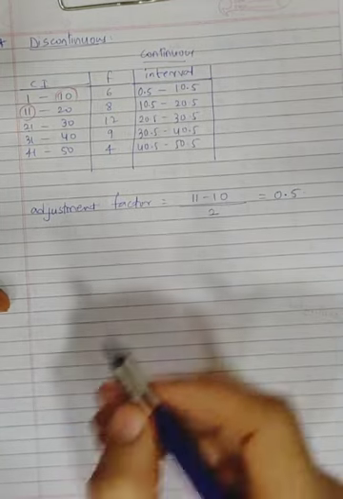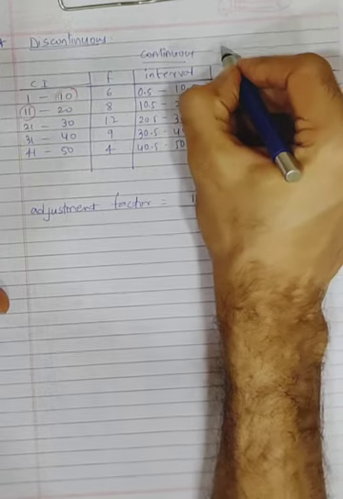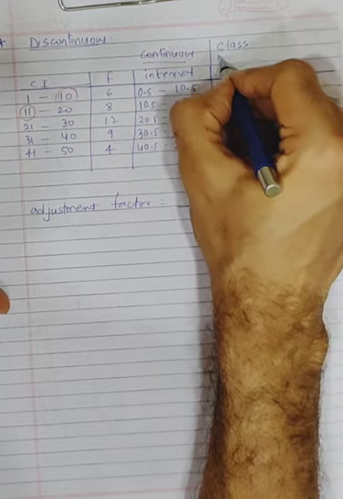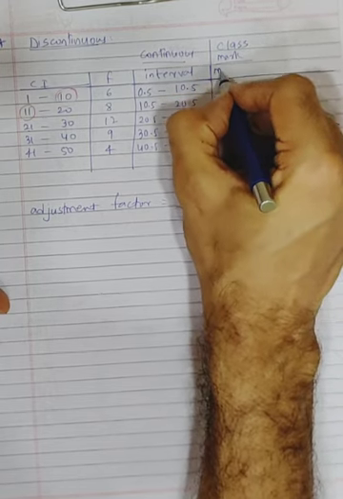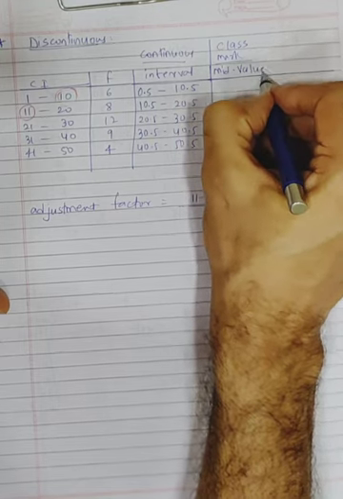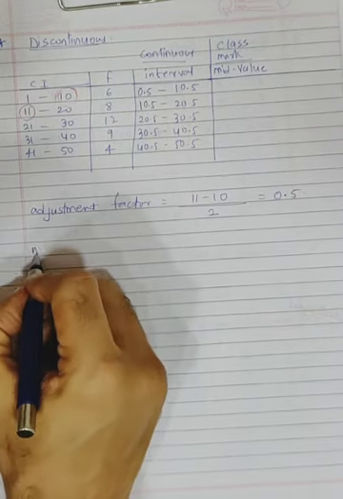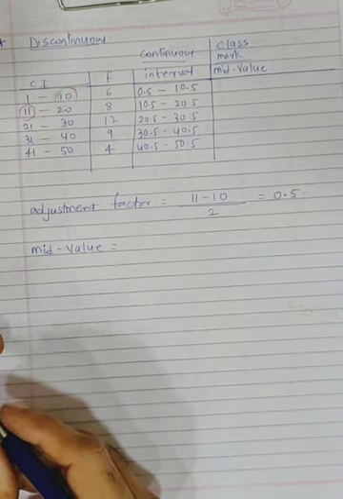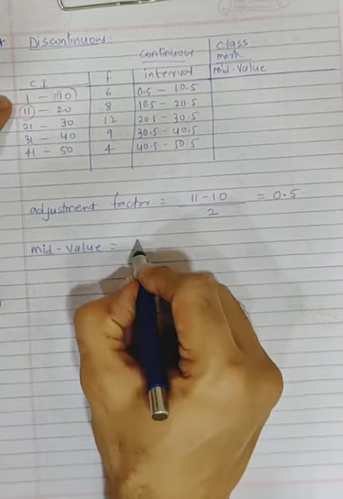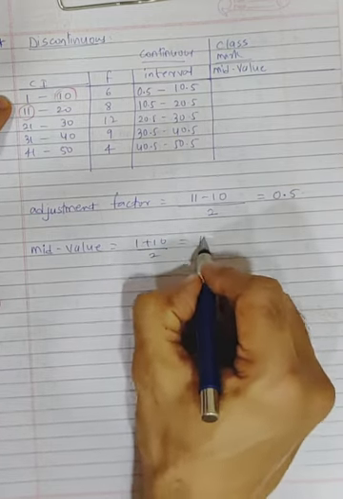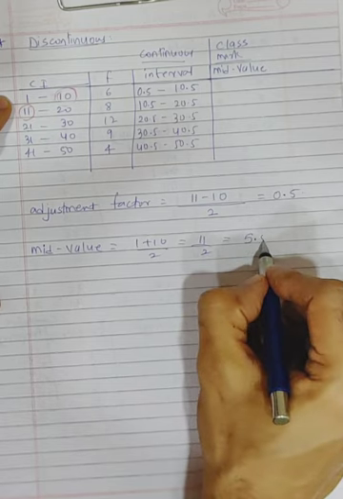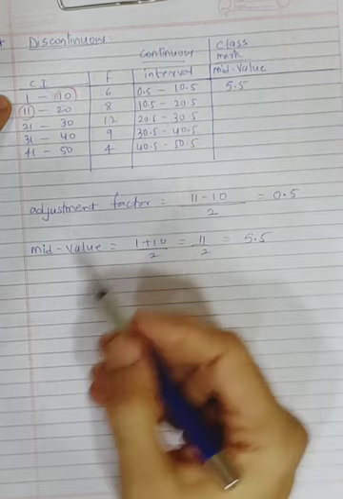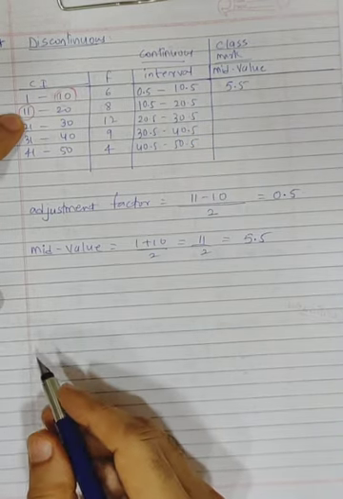Okay. Now there is something which is also called as class mark. What is it called as? Class mark. Or it is called as mid value also. From mid value it is easier to understand. What do they mean? So what is mid value? Mid value is basically the average of that interval. So how will you find out the average of this first? 1 plus 10 upon 2, 11 upon 2, 5.5. Okay, now you try what is the class mark of the next one.